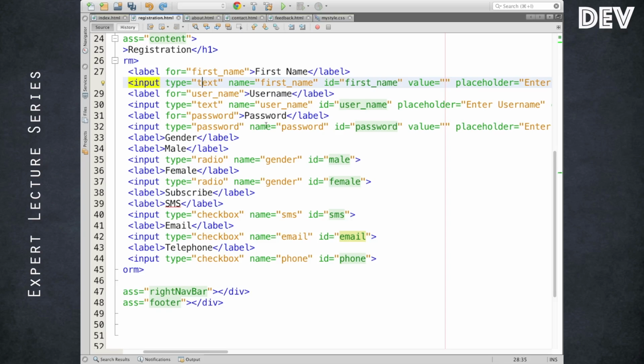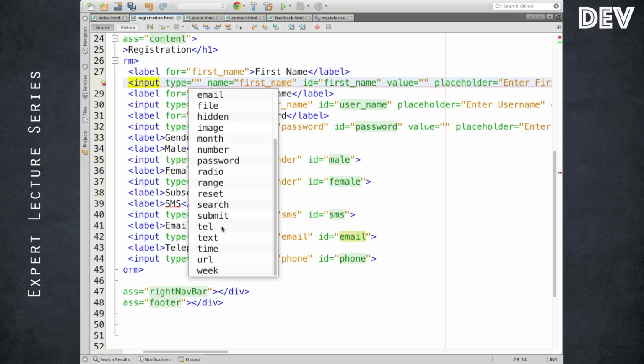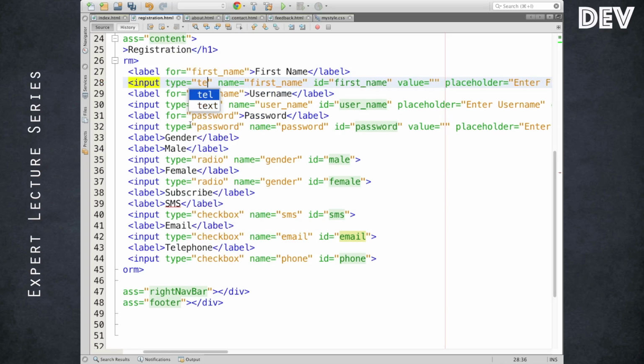This kind of suggestion, of course, your NetBeans is showing. There are the number, the phone number, so tel, and we have various things, color picker, range. Number will put a counter so that a number value can be entered. And of course hidden fields. You may want to keep some fields hidden, and only when certain conditions are met you want to show them. So a lot of things you can do. These are all part of HTML5, and new attribute values can be specified for the type attribute. Just play around with them and see how these things look.